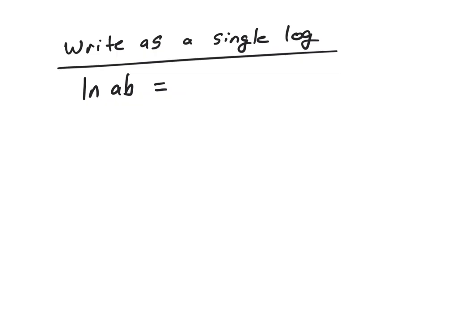Okay, when I gave you all the properties, all I did was use log. But what I said at the very beginning was, no matter what base or what log we have, I can use the properties the same way. So in this case, we have an ln. What's happening with a and b? What are we doing with the a and the b? We're multiplying it. Okay, so this is our product rule. And so when I rewrite this, I'm going to say the ln of a plus the ln of b. When we separate it,